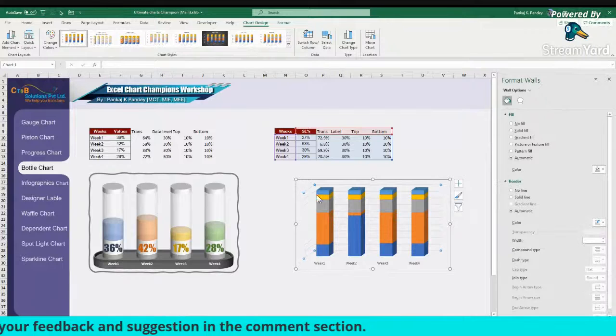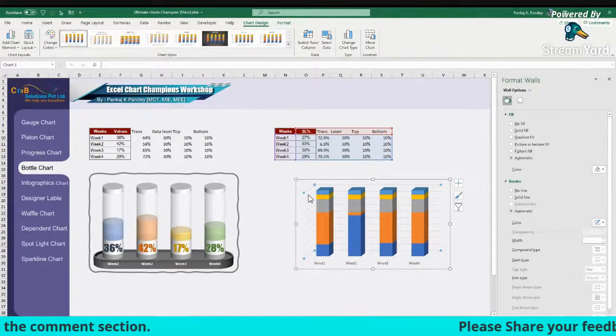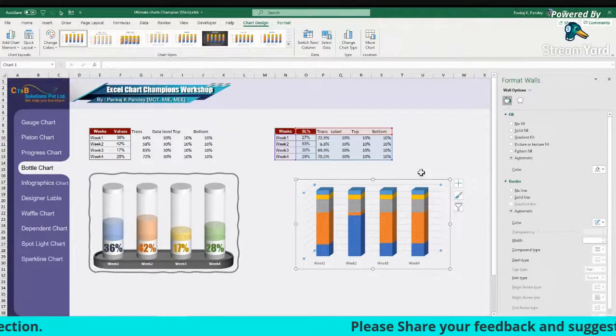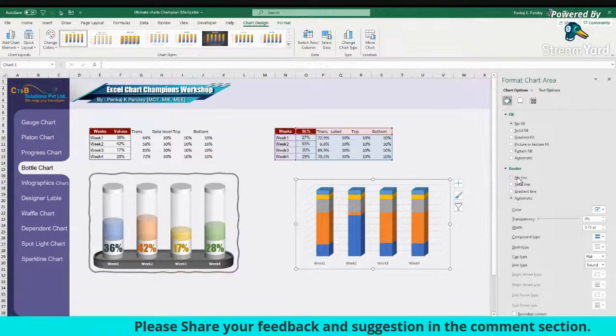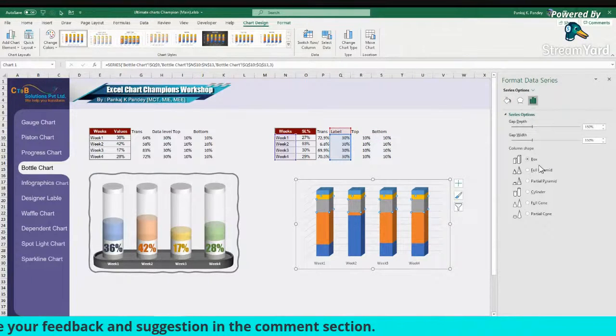For the 3D, you can see it's a 3D chart, so the plot area is a little different. You have a depth also here, z-axis also here. Okay, so this is the plot area. No fill, no line. Now we will select the bar, and then you can change